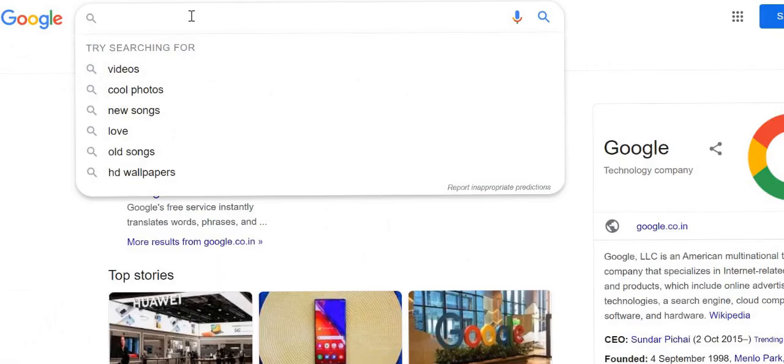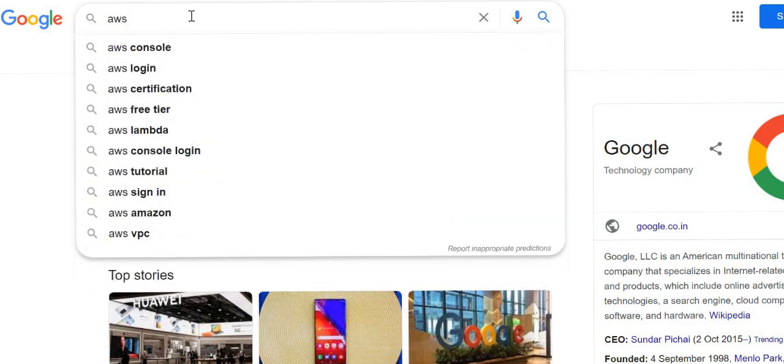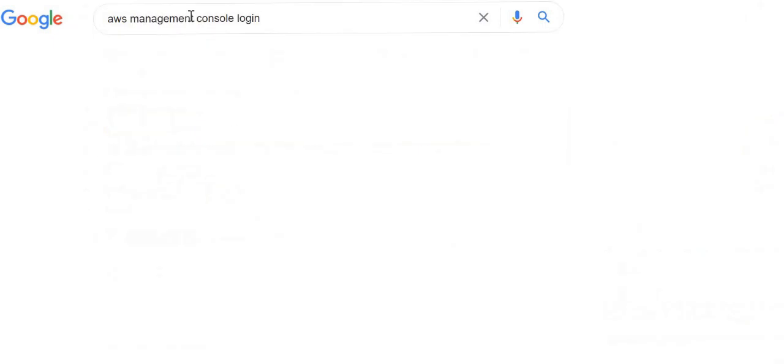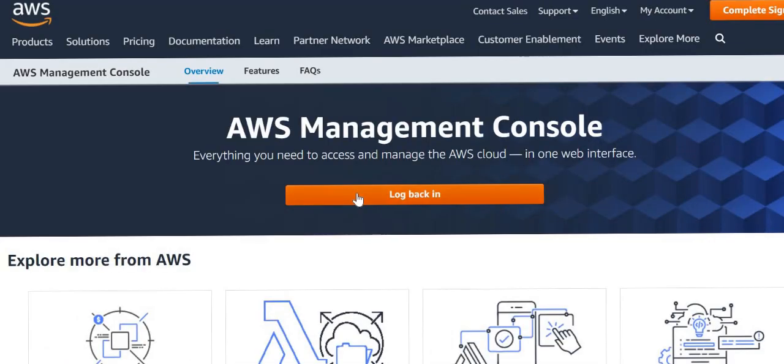And then next we should verify our account, right? So in Google, go to Google and type AWS management console login. Click the first link. Then log back in.